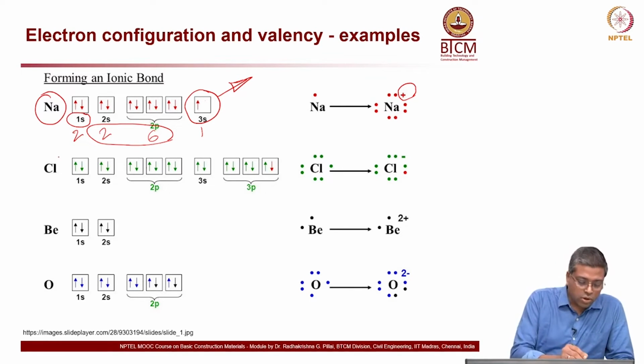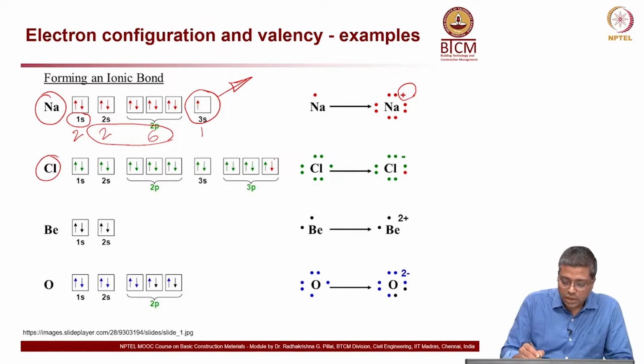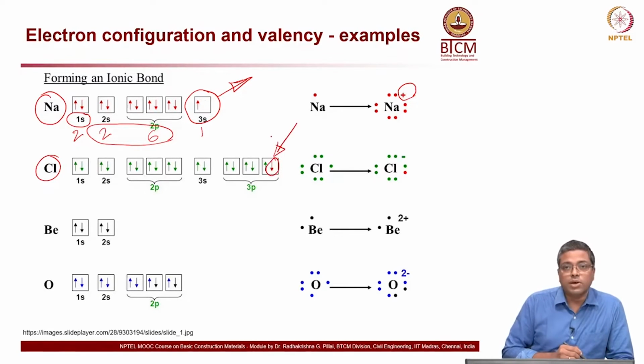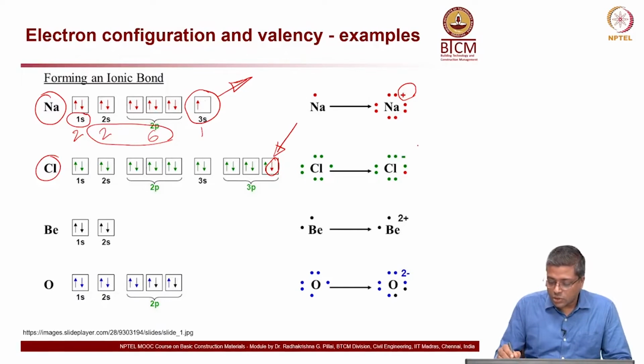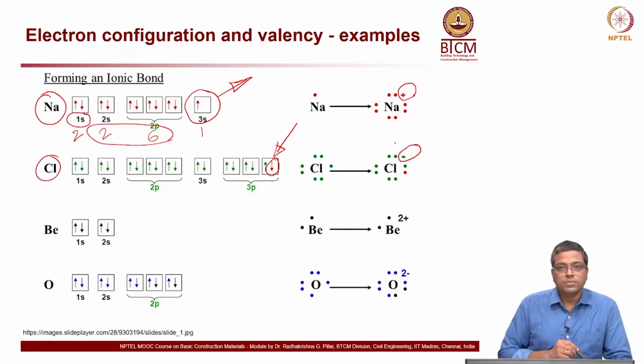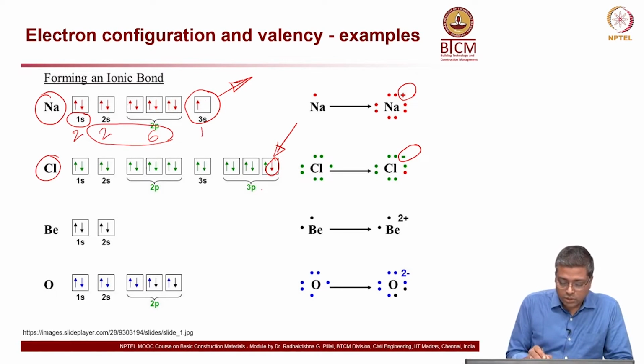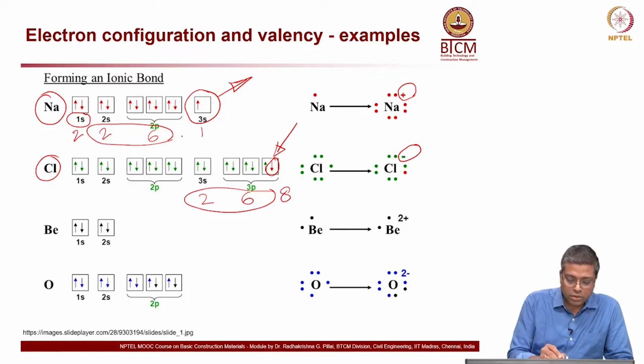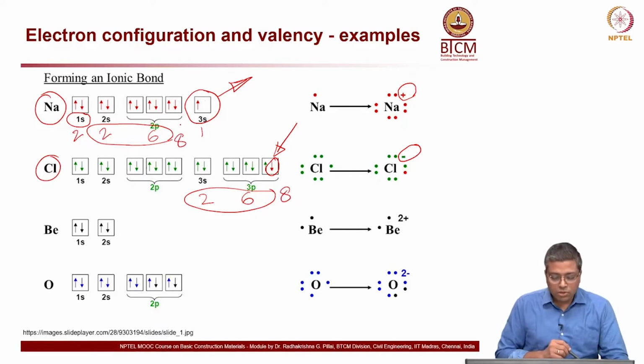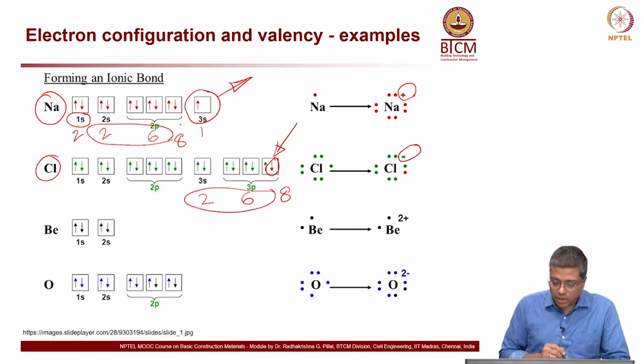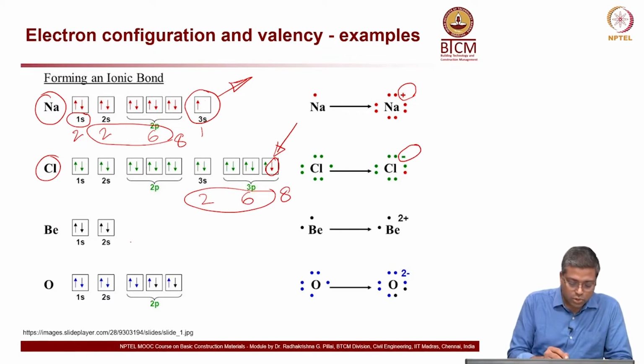Whereas, in case of chloride, you can see that 1 electron is taken from somewhere else, and hence you have a negative charge. So, again in this 3p you have 6 and then here you have 2. So, combining you get 8. Here also you have 8. So, this is how the octet configurations are formed, and then there are 2 more examples, one on barium